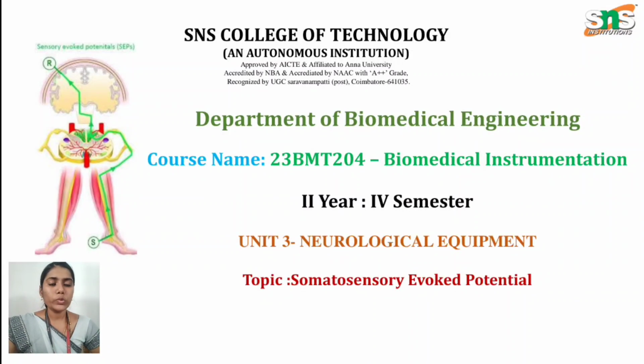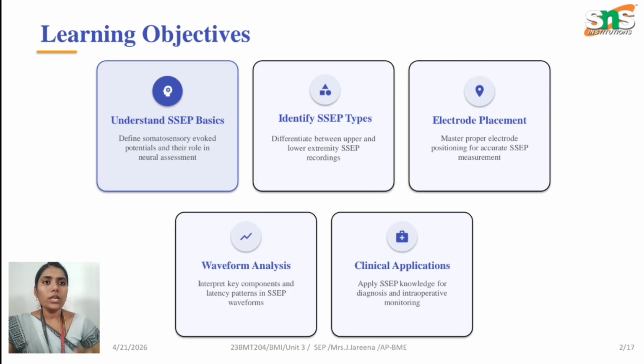Now we will move on to the next important topic in neurological instrumentation, that is somatosensory evoked potential. The learning objective of today's class is that we will focus fully on what is meant by somatosensory evoked potential and its basics, and we will cover different types of somatosensory evoked potential, that is upper extremity and lower extremity, and then also we will be focusing on the different electrode placements for